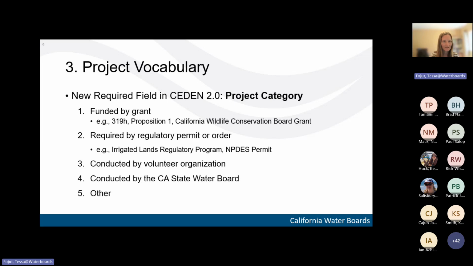Okay, Kelly, go ahead. A question about at what level this would be considered required. We're required to do monitoring because our permit requires it, but we're not required to actually submit it to CEDEN. We have to submit it in CEDEN format to the water board, but we don't have to submit it to CEDEN. We choose to, but technically it's not required. I see what you mean. Is the monitoring required in your permit, or is the data submission also required? That's a great thing to clarify.